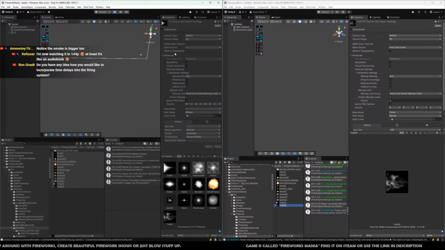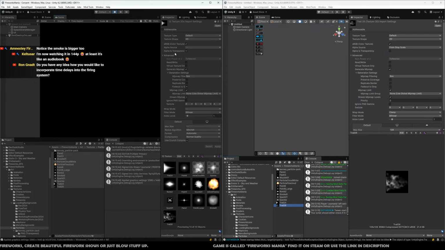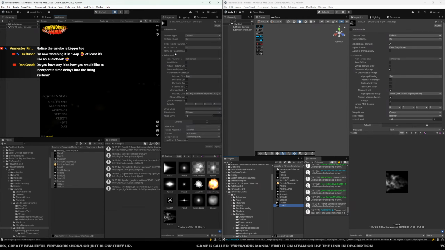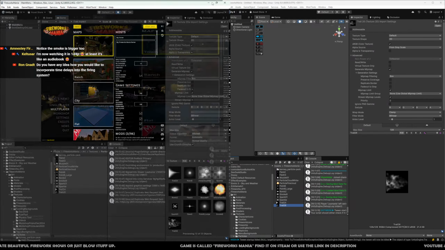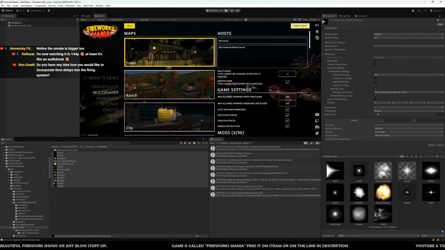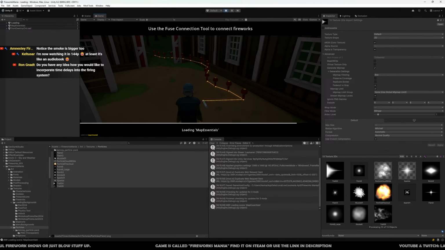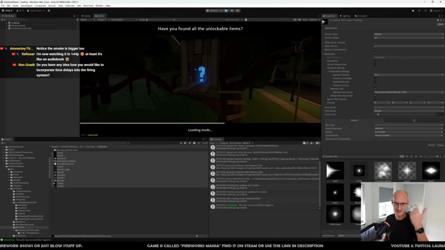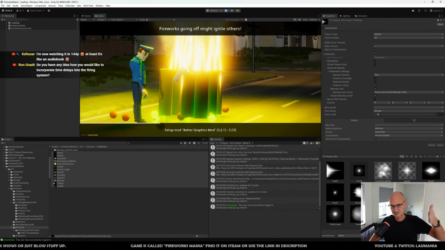Do you have any idea how you would like to incorporate time delay into the firing system? Yes. The simplest version will be to have some kind of, let me start here. The way you fire with the firing system is that you have these different queues, 1, 2, 3, 4, 5, whatever. Maybe some channels to diversify it. But anyway, you have this queue 1, 2, 3, 4,